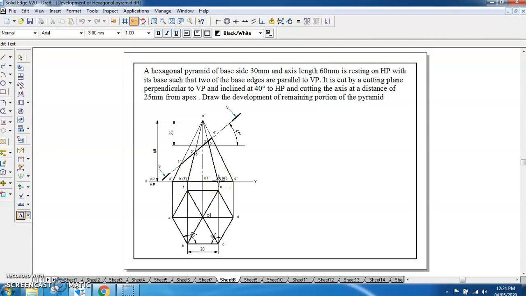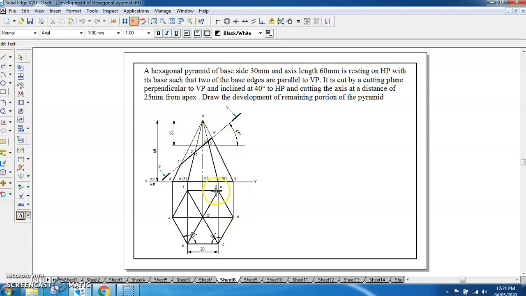So that's why we will not be having a cutting point there. So C to O edge is here. C to O is cut by a cutting plane, so we are naming that point as 3 dash. Then C to D. C to D we have here, but it is not cut, so there will not be a cutting point. Then D to O, D to O is here and it is cut by the cutting plane, so that point will be named as 4 dash.